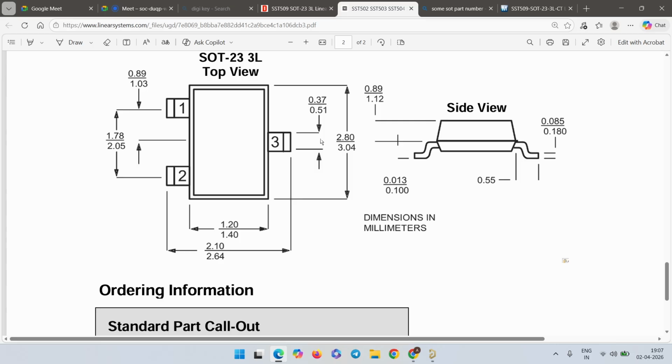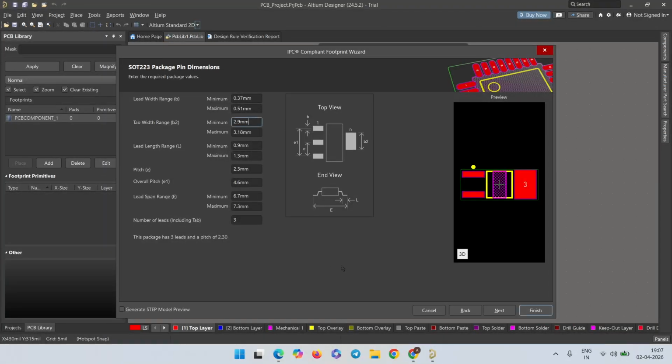So you can enter both, because here they give only 0.33, and the difference is similar. So we do not want to add an extra value for pin 2 and pin 3. We take the same value for pin 3 too. So we enter the same value,